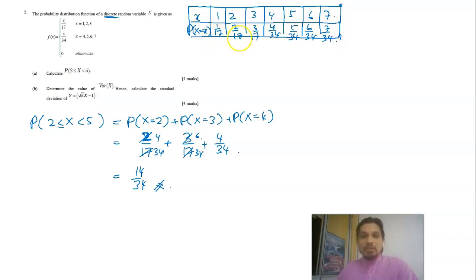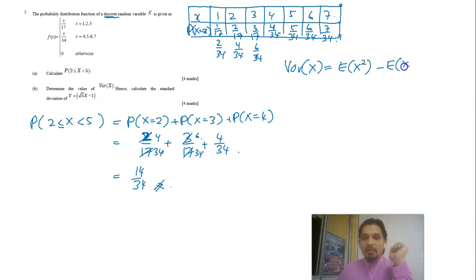If you would like to change all of this into a common denominator of 34, it is 17 times 2. So 2 over 34, 4 over 34, 6 over 34, something like that. Okay, so we're going to find the variance of x equal to E of x squared minus the expected value of x squared. We're going to find these one by one. So expected value of x equal to